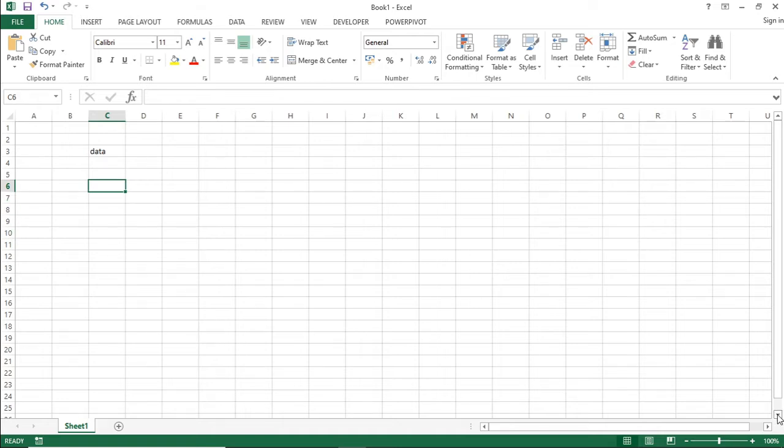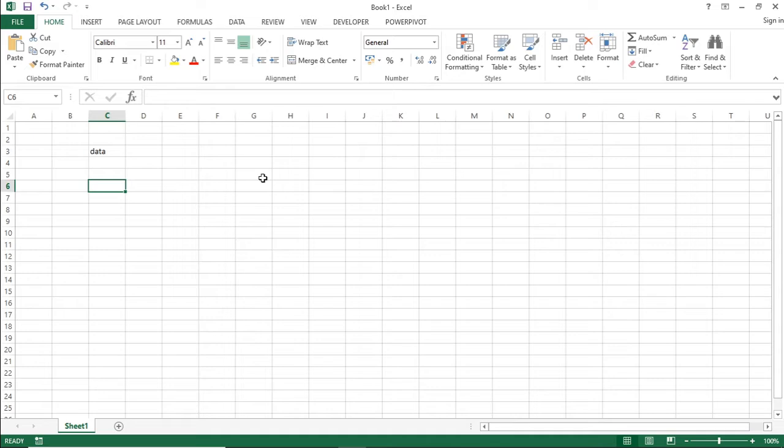These are scroll bars. You can scroll the sheet horizontally as well as vertically. You can also see a status bar, and you can see views which are present here, page views. And coming to the next option, that is zoom tool. You can increase or decrease the zoom option so that you can enhance the visibility of the sheet.